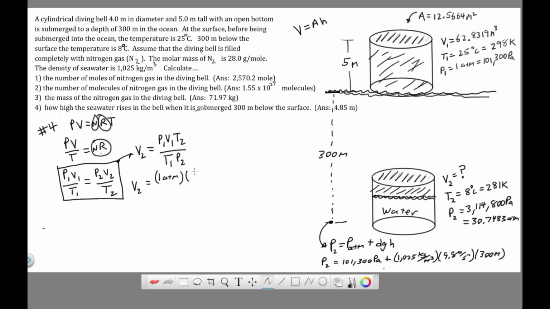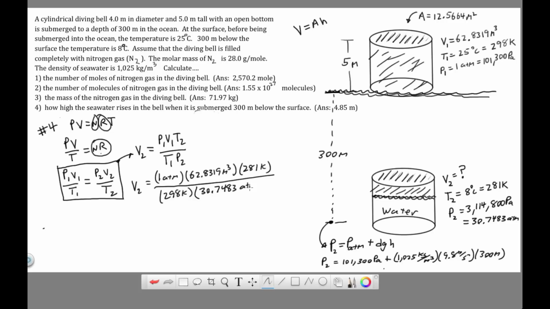V1 is 62.8319 cubic meters. T2 is, you want to be in Kelvin here, 281 Kelvin. T1 is 298 Kelvin. And then P2, we just solve for it, is